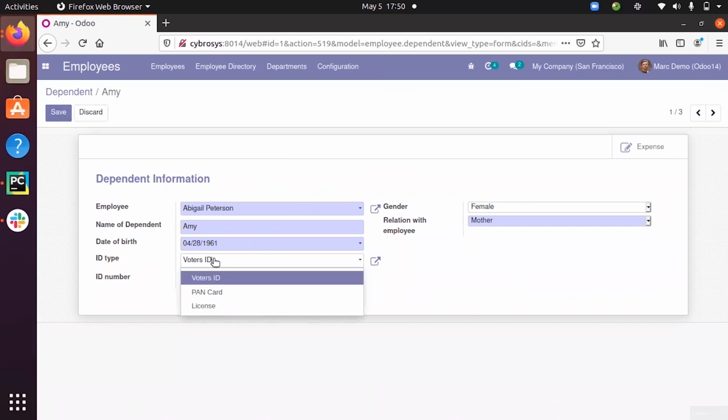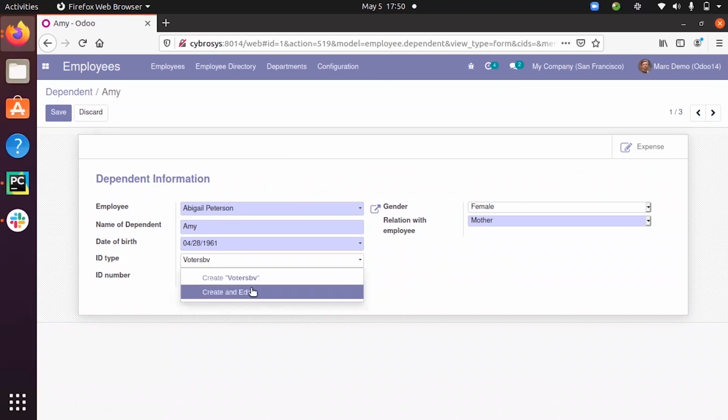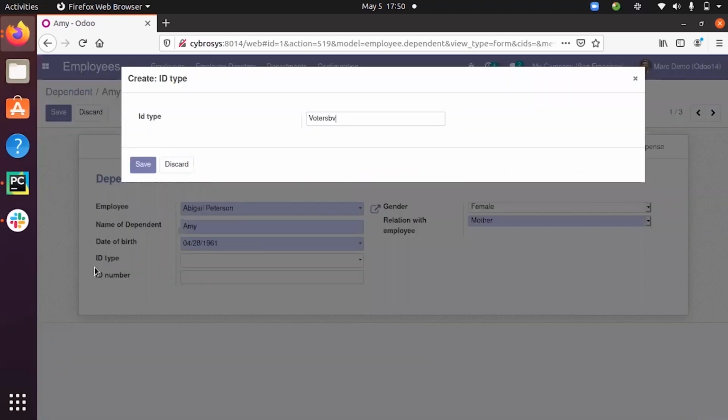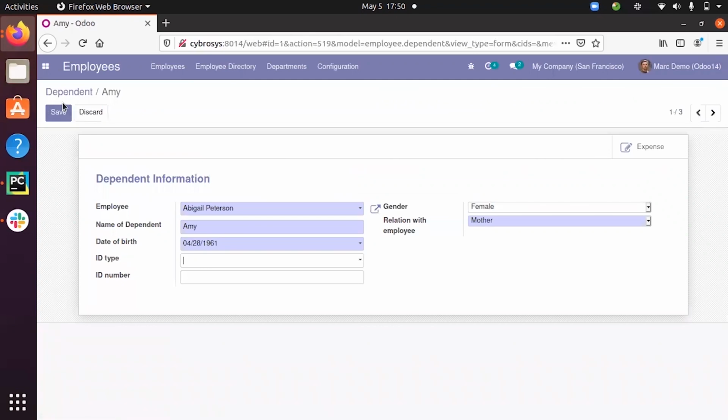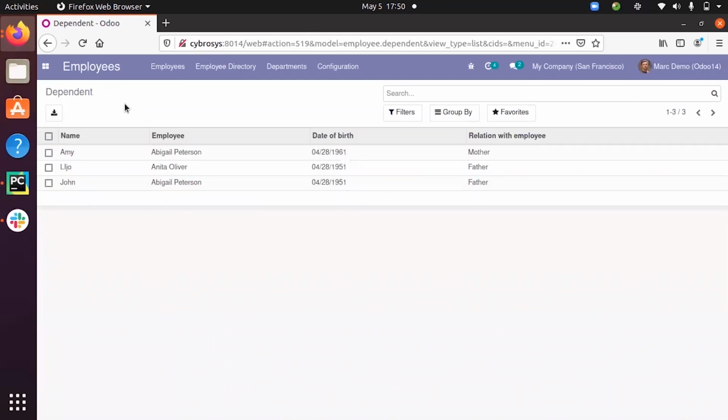Okay, now here, if you try to create a new ID type, you can see it is possible to create and edit this record, as we have updated the access right for this user. That is, we have added create and write permission. So this is how we manage access rights in Odoo 14.